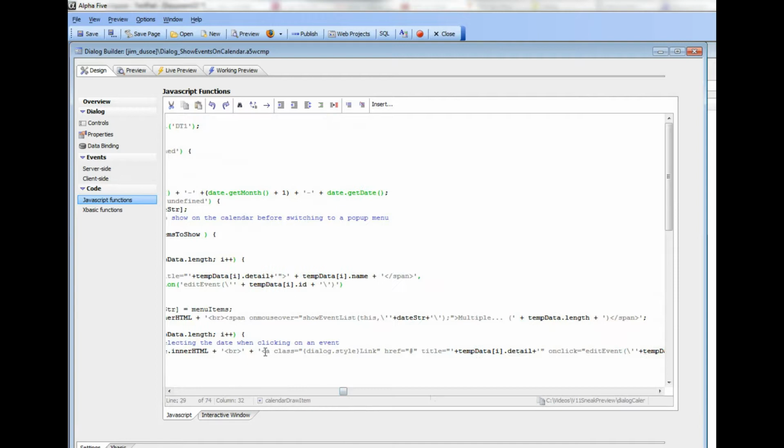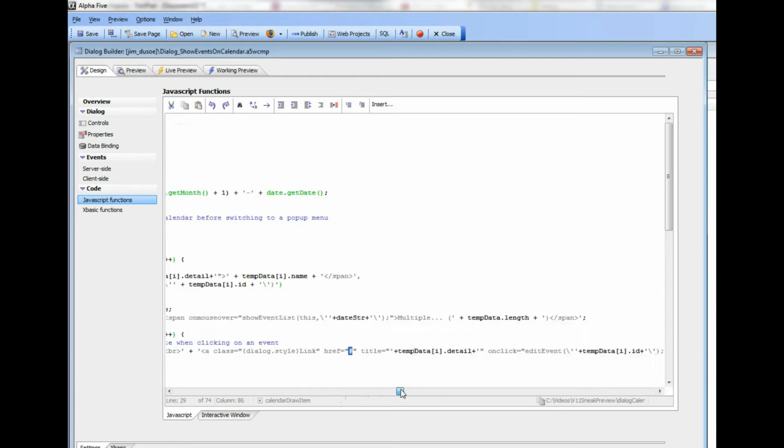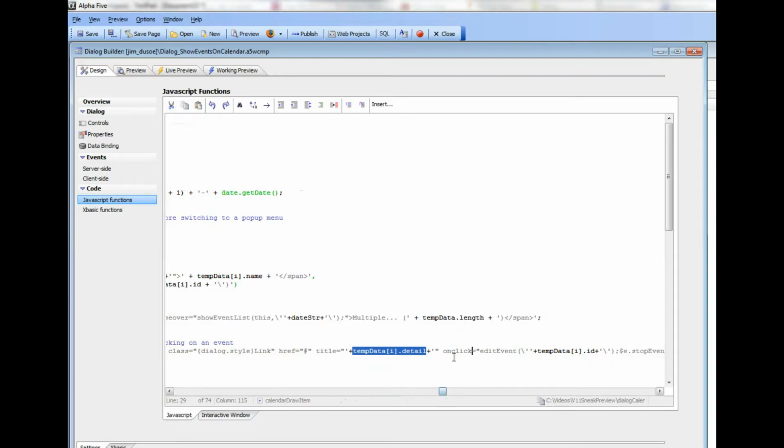So we have a hyperlink. We've set the class on the hyperlink to the current dialog style and then link. Then we've set the href to be a hash because we're going to handle this through JavaScript. We've set the title to be the actual description of the order, and then we've set the on-click of the